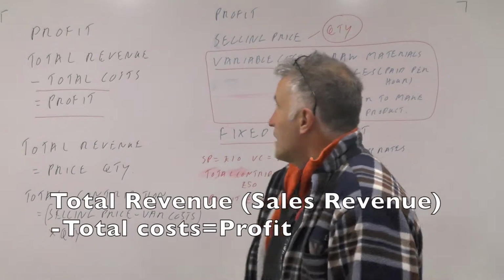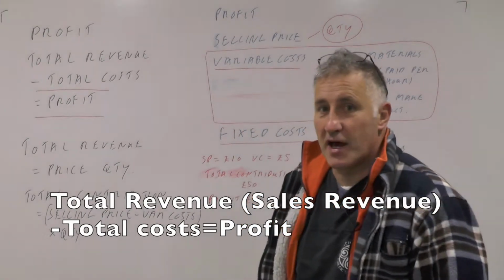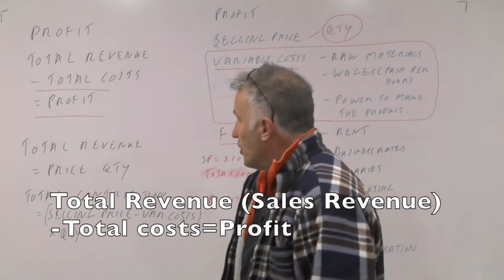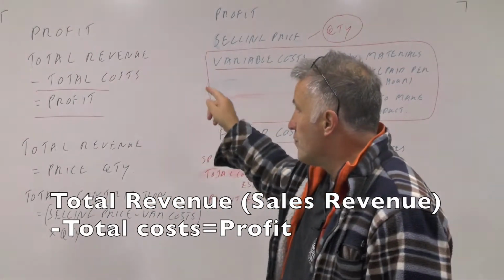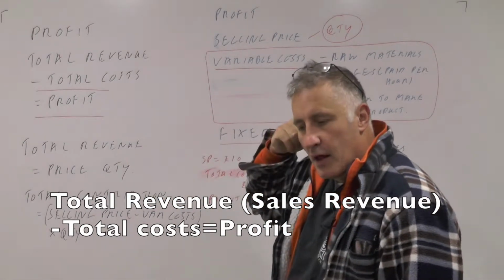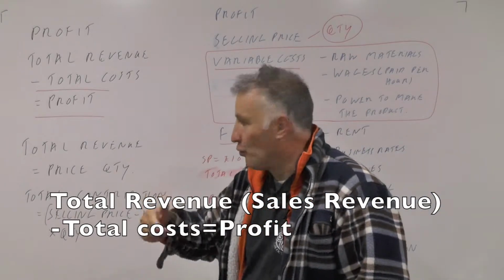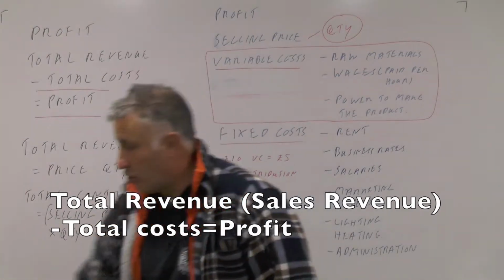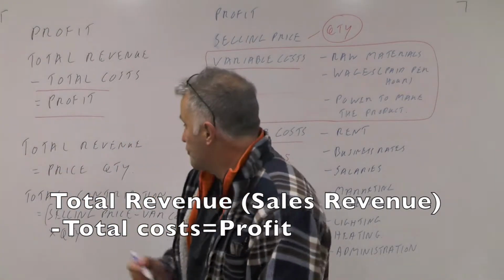So this is lesson 2, and here we're just looking at profit. Now I've given loads of lectures on profit, and we're going to do this in 2 parts. But basically, profit is total revenue minus total cost. Now students always ask, what is total revenue? Total revenue is the price of the good times the quantity of how many of those goods that you